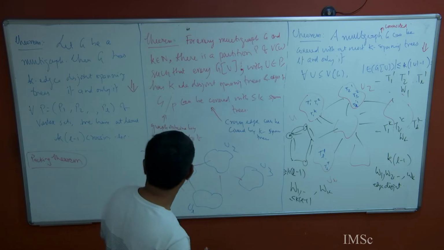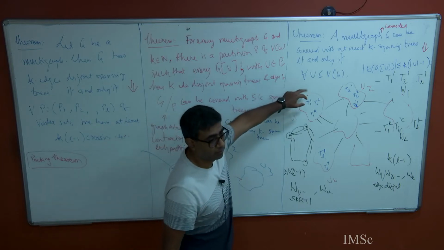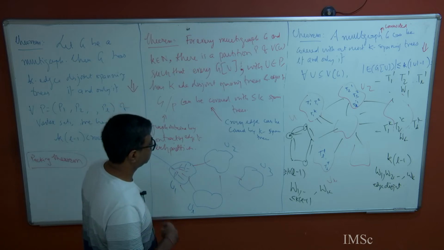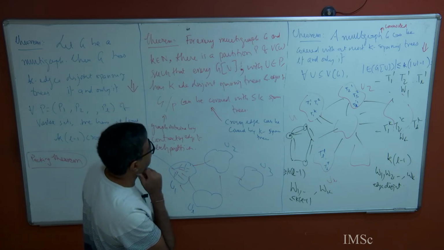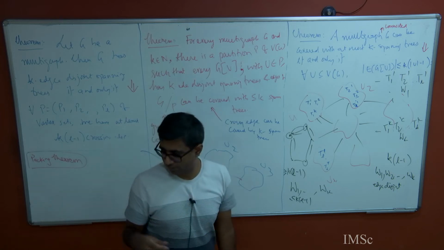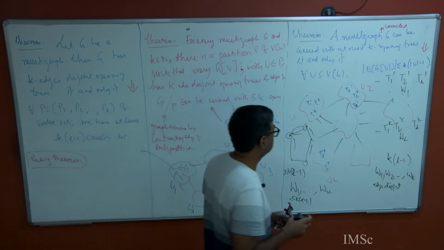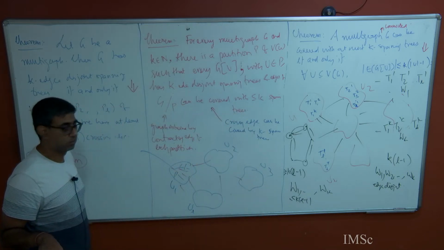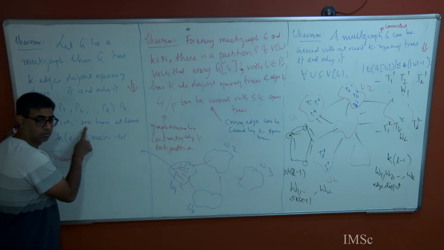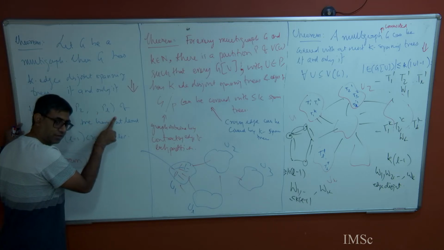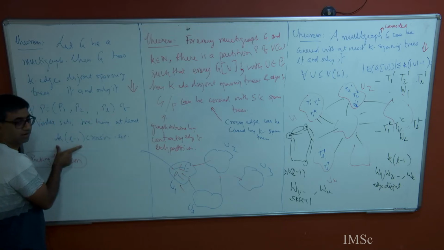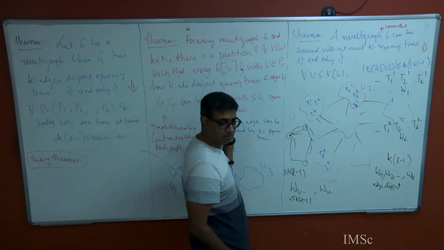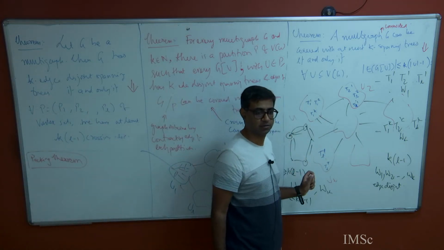Okay. So now we will try to prove this theorem starting from this theorem. So now what do we have to prove? This also will be very simple. Why is the number of crossing edges greater than or equal to k times n minus 1? Because we are assuming this condition, which says that every partition of my vertex set has at least this many crossing edges. So I applied that condition on this particular partition, and that's it.